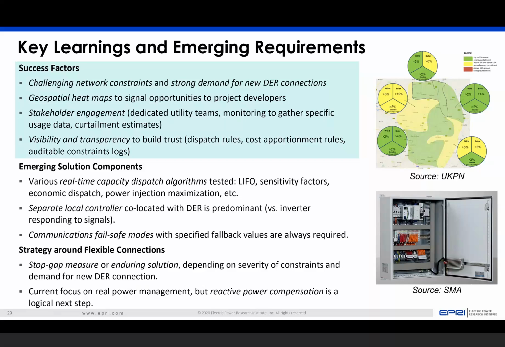The last thing I want to touch on here is that flexible interconnection can and has been used as a stopgap solution to help customers connect more quickly while they wait on conventional network reinforcement. For example, large projects that would otherwise require a dedicated feeder could connect more quickly with a flexible interconnection arrangement while they wait on that traditional reinforcement to provide firm interconnection.